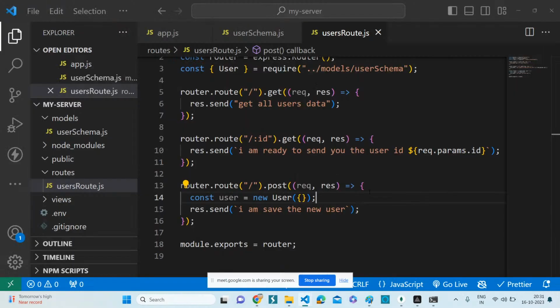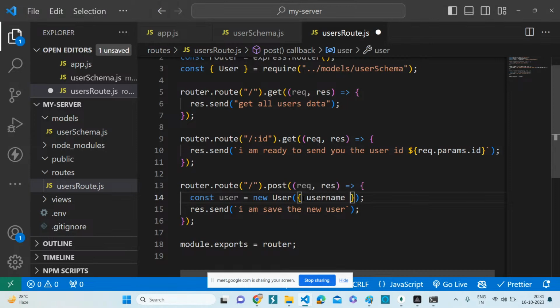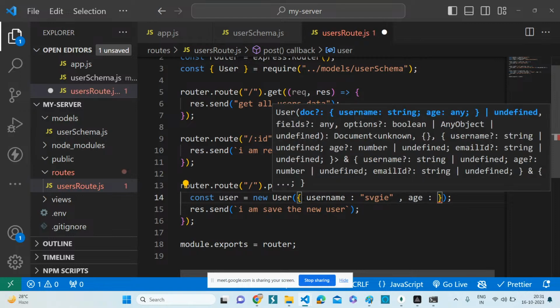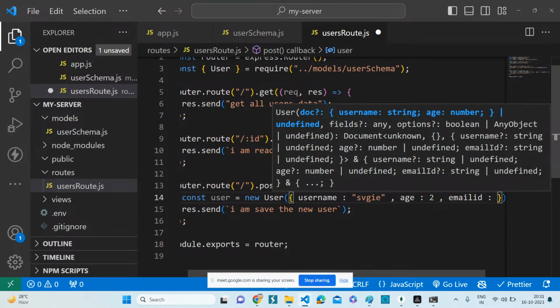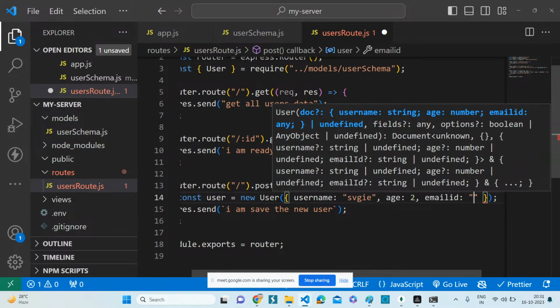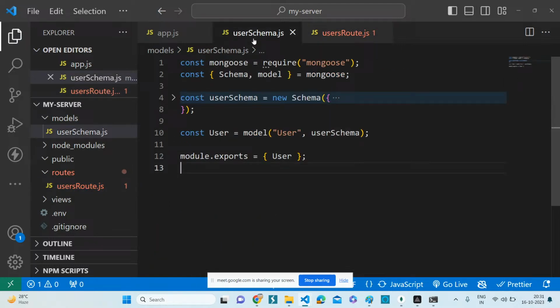So I want to send some username like this. You can pass a simple JavaScript object here, no problem. Username, I'm just giving something like SVGIE, and age, I think we started in 2021, so it's like 2 years or 3 years. And email ID. So please give a proper spelling, because it should follow